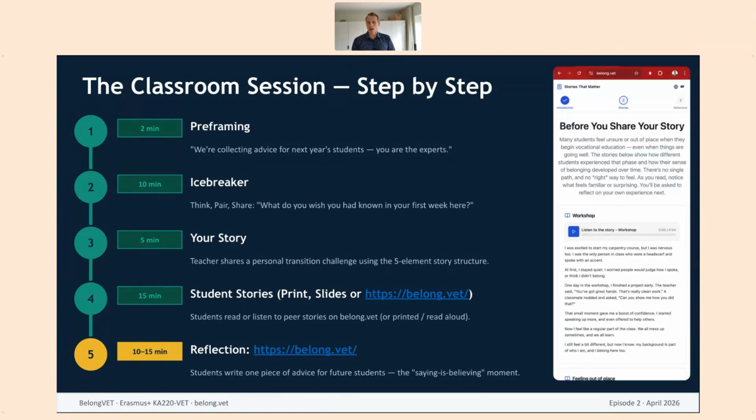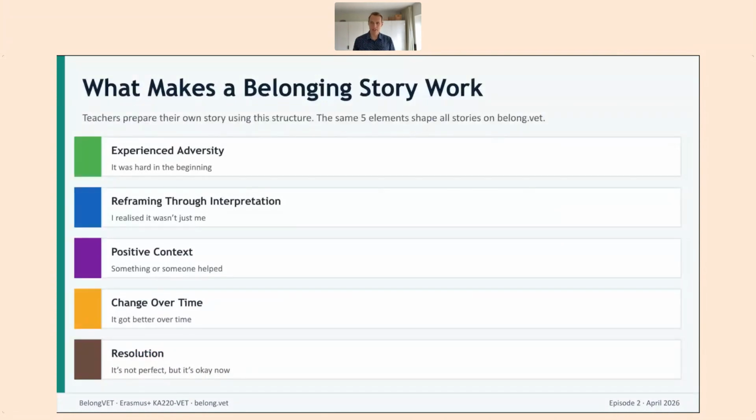Good. So what makes a belonging story actually work? And this is the same recipe that we are using for the stories online. Obviously, students can follow this when they want to share. So they will share the story that they have in their own words, and we will potentially rewrite them if required. But when you're sharing the story as a teacher or instructor and saying, hey, I have some experience as well, the core story that Greg Walton is referring to is that you have to explain